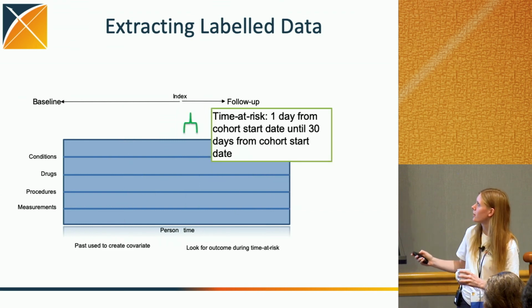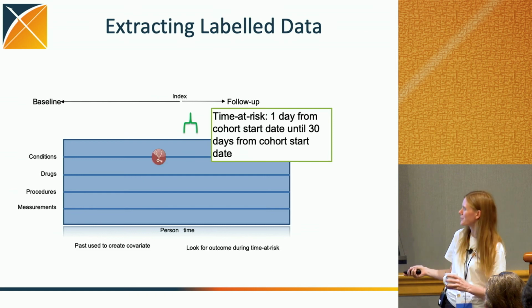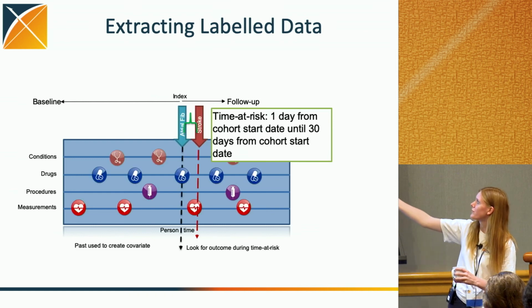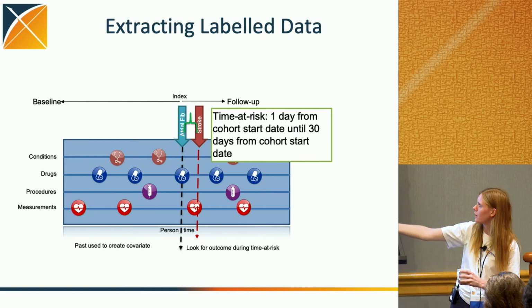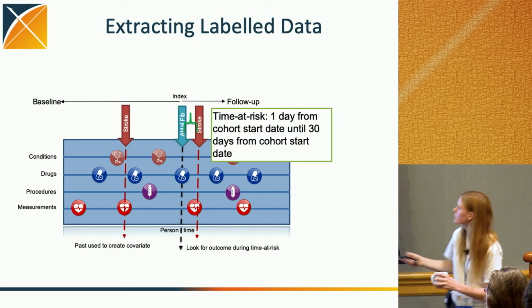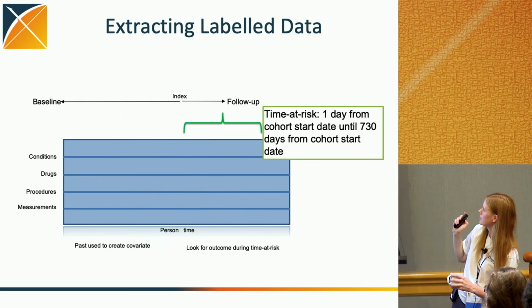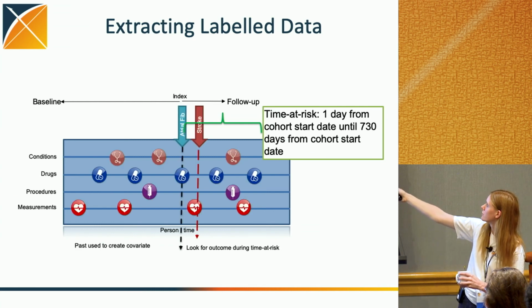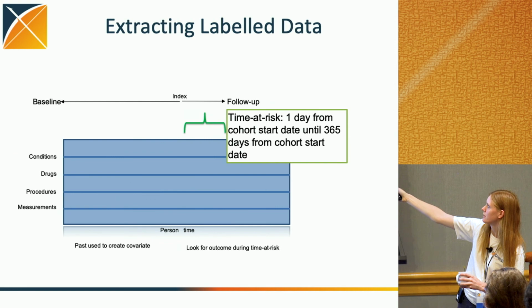So if we picked a time at risk of 1, sorry, it seems to make me do this a lot. So we pick a time at risk of 1 day until 130 days. So this is our time at risk here following. We see that it just about fits, maybe just before. So I think this person would be a 0 for it. But if we expanded the time at risk to 1 day to 2 years later,